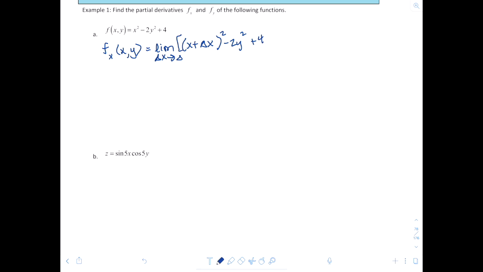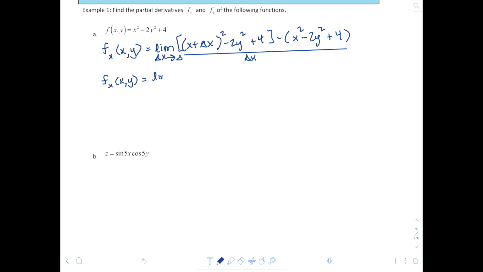So that's f at x plus delta x, comma y, and then minus x squared minus 2y squared plus 4. So that's f at x and y. And that's all over delta x. Cool so far? Awesome. So fx at x and y will be